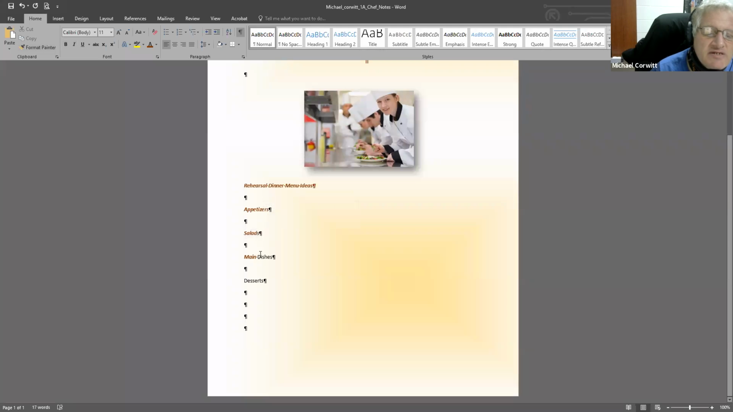That. Oops. Main. Excuse me a second. Format paint. Dishes. And we're going to do the last one. Format paint. And desserts. Okay. So once we have everybody all formatted and painted, we're going to go to our quick toolbar and save. All right. So now we're looking at